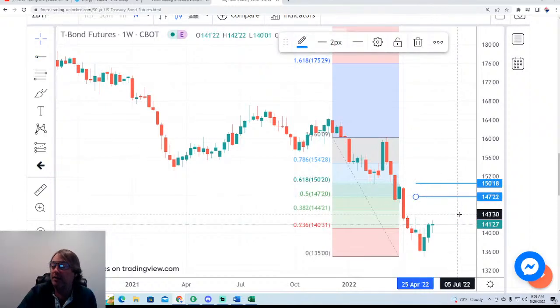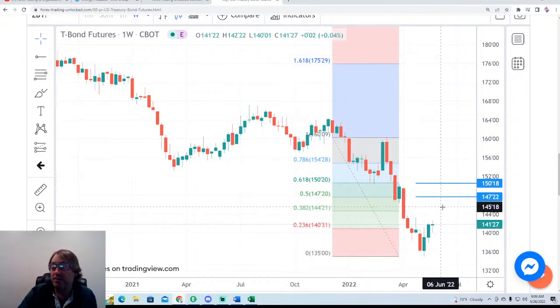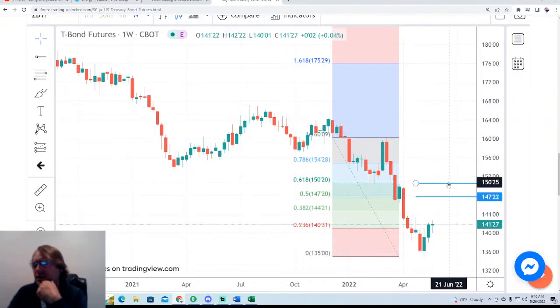More likely, it would be right around 147, with 147 at 22 and 22 ticks would be the area where we'd run into resistance and most likely stop on a dime. I don't think that we have the ability to push a rally up to 150. The only thing I could see that would really